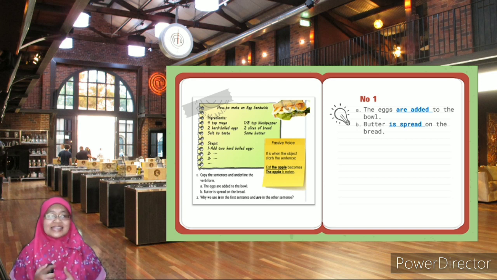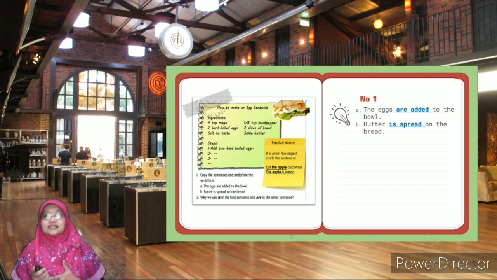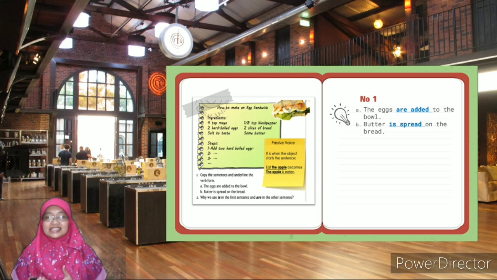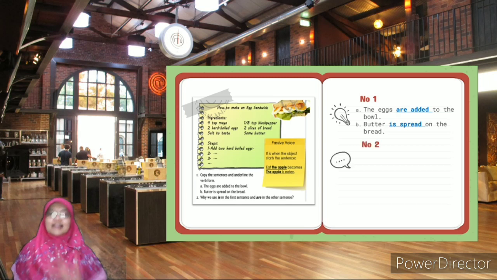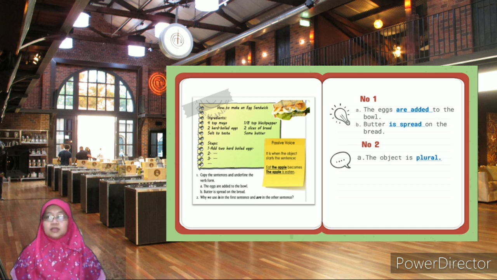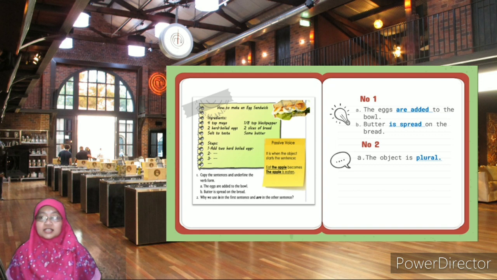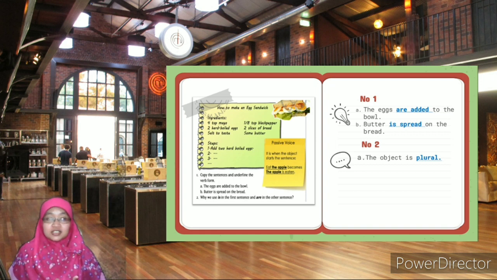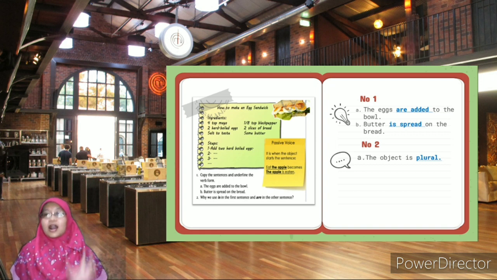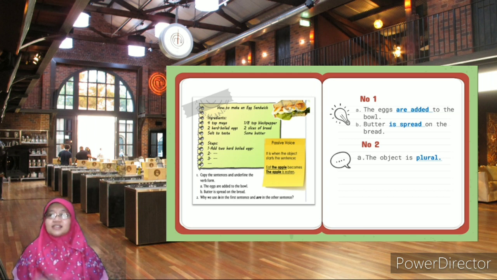Why do we use is in the first sentence and are in the other sentence? No, I mean in the second sentence. Okay. Now let's answer question number 2. The question for the first step, the eggs are added to the bowl. Why is are used? Because the egg is plural, the object is plural, so it's used